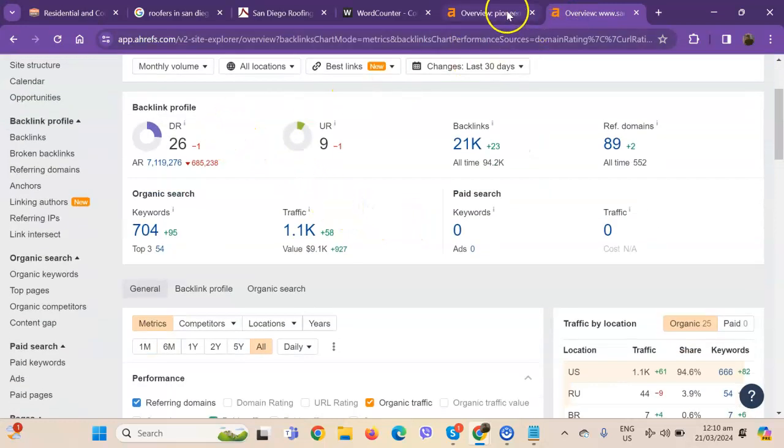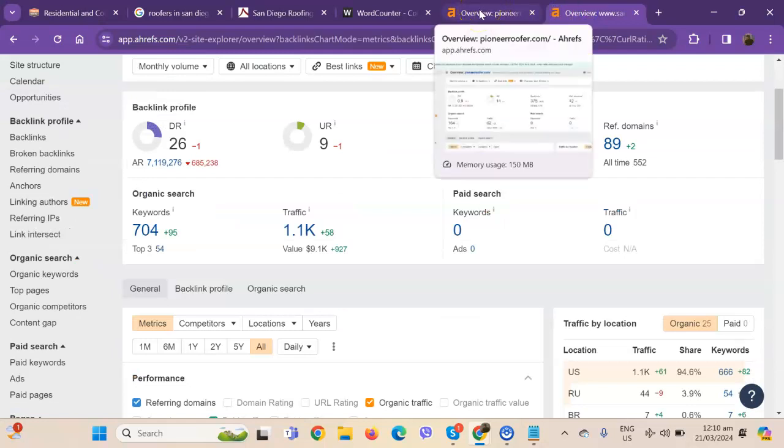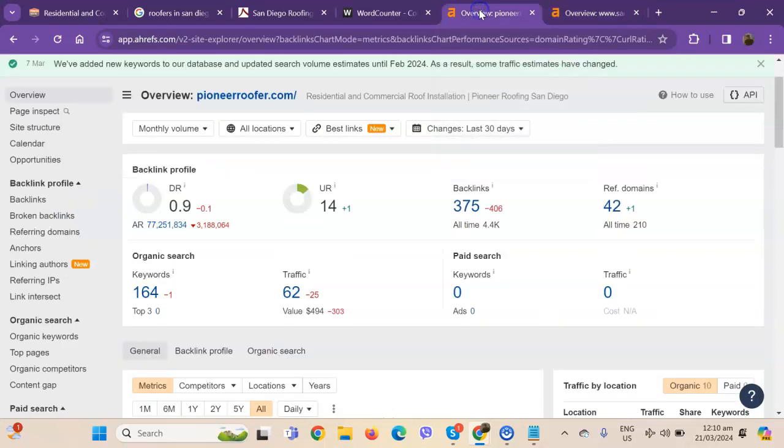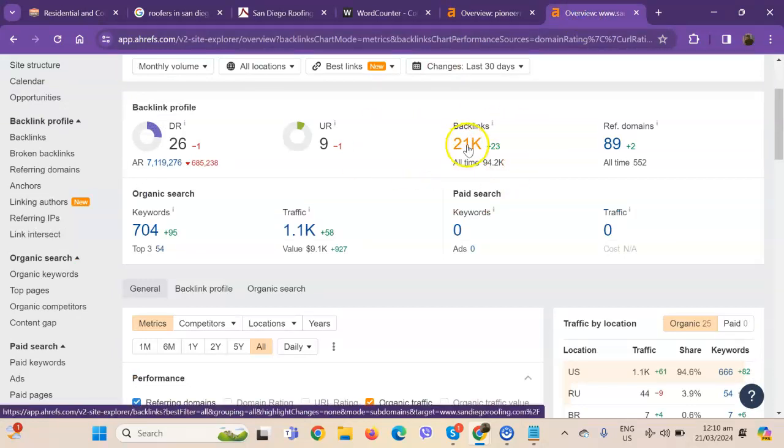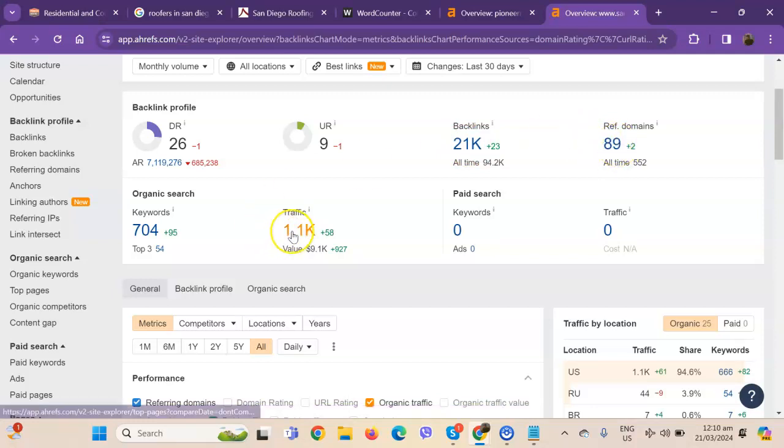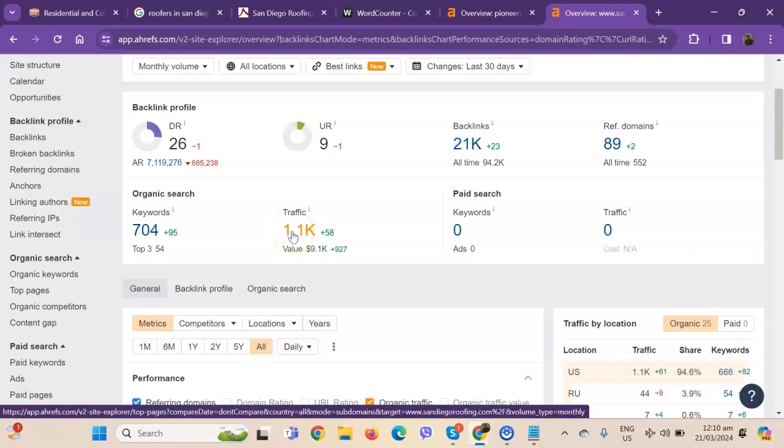Starting off with DR and UR, it actually shows that they have higher numbers with DR, which simply means that Google actually finds their website a much more trustworthy website, although you have a stronger website. And if you look closely, they actually have a very good number of backlinks. However, they only have 89 referring domains. That's why they're only getting 1,100 traffic out of it. So if they're able to increase the number of their referring domains as well, definitely that will result in more